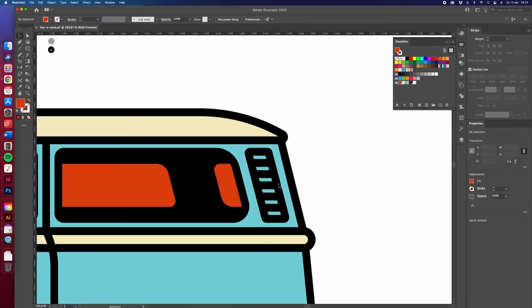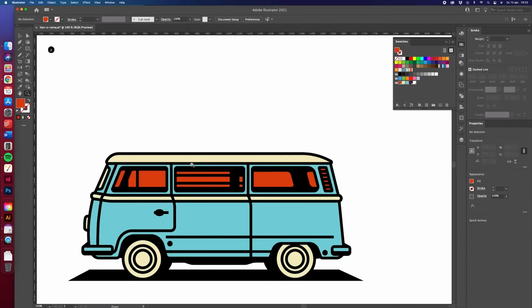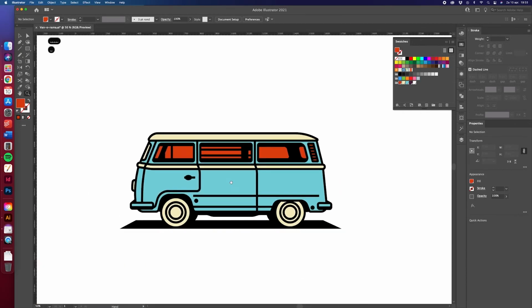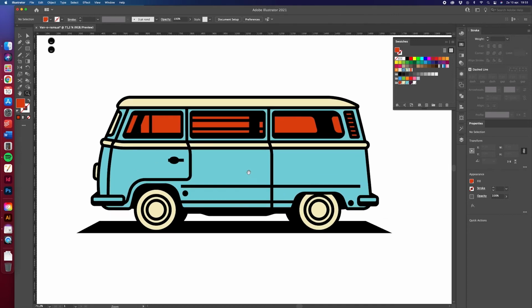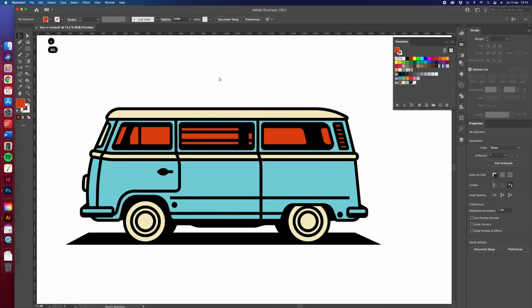For this part, I'm also going to use the red. So you could also do this by using the paint bucket, but you can also do it this way. So it's just what you prefer to do. Okay, always remember to save every now and then. Now I'm going to start by